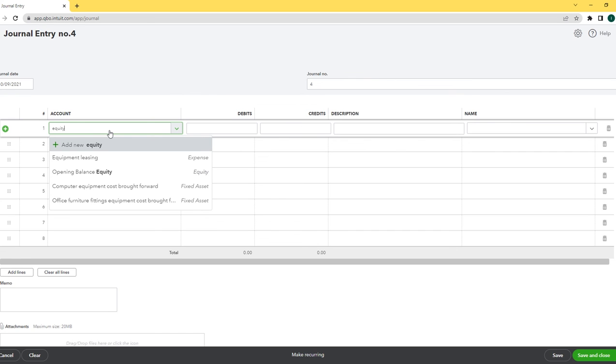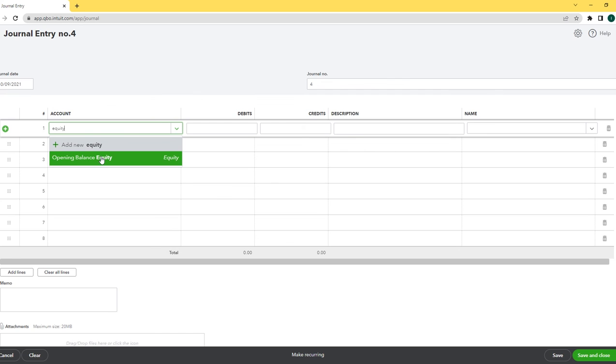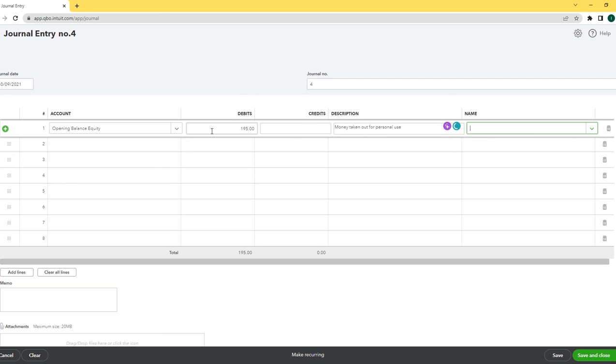You can see here opening balance equity. So we'll enter this one, and debit. It has to be debit. So I would enter here £195. Nothing in credits. In description I would enter money taken out for personal use. Name, you can enter the business owner name here, and second entry is going to be how he's taken the